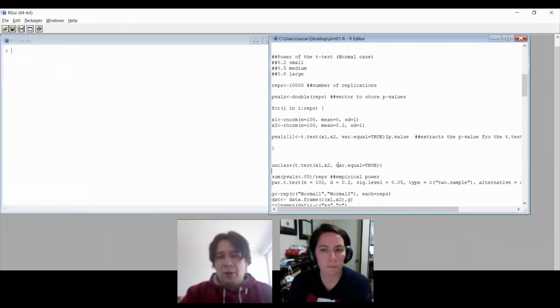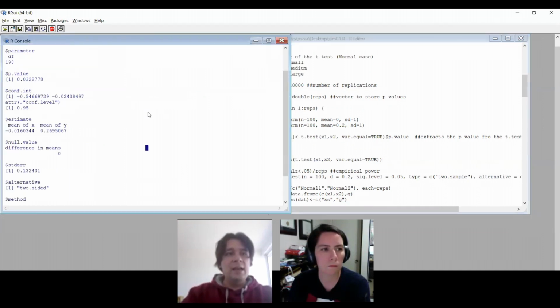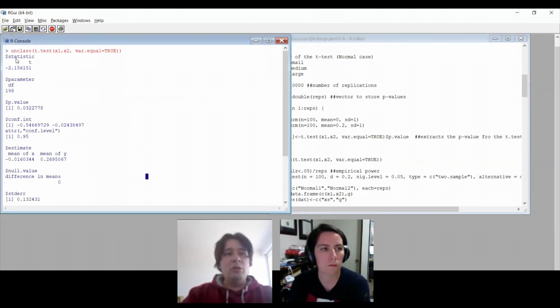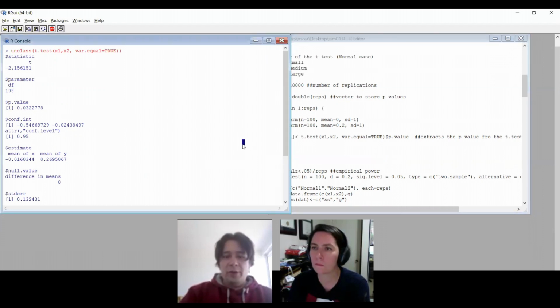It doesn't always work. It depends on how the person who coded the function initially stored things. But for instance, if I do on class t-test, it tells me, if I do $statistic, it's going to give me the t statistic. If I do $parameter, it's going to give me the degrees of freedom, or the p-value, or the confidence interval. So exactly, the on class and the str functions are very useful when you're working in simulation,